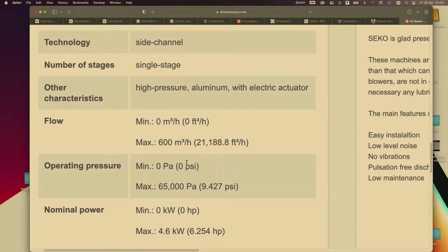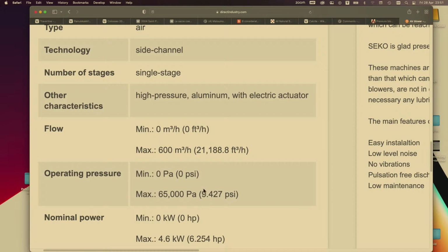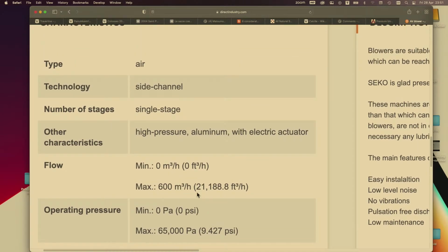So using this device, you can get long run times. And firstly, the air is blown, so it's going to increase in temperature as it increases in pressure in the device. It doesn't start off being colder than ambient. So that's one thing. Plus, you can also pass this air through a heat exchanger and raise its temperature from whatever it is to a target temperature by varying the input power to the heat exchanger. And this has got like 600 meters cubed per hour